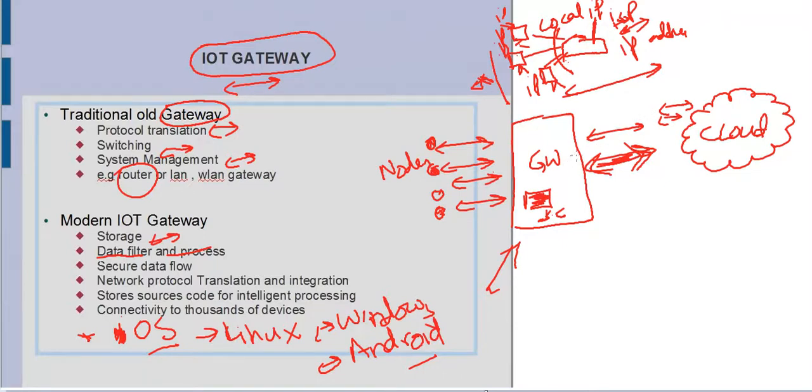So most of the things we are doing in terms of data processing are done at the gateway level, and it also does the traditional network protocol translation and integration and connectivity to thousands of devices. For example, on a normal gateway we can have Wi-Fi, we can have Bluetooth, we can have